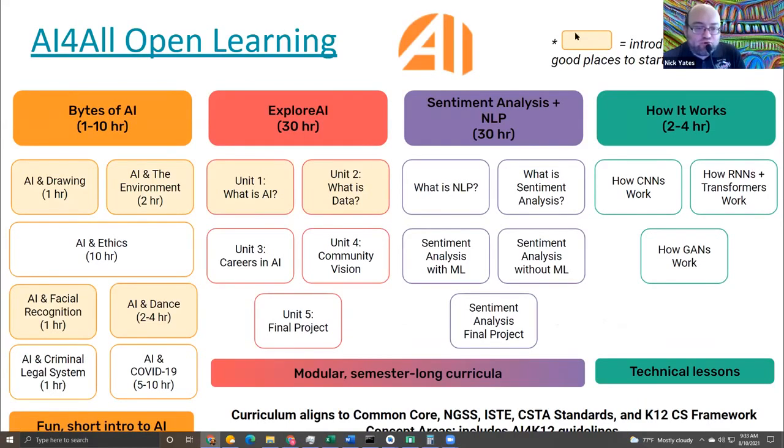If you do choose this one to explore, I would recommend, since Sarah has already done AI and drawing, environment, and facial recognition, and is going to do dance on Friday, that you might want to look at either the AI and ethics, that 10-hour chunk, or maybe the Explore AI 30-hour curriculum, and sign in, right? Create an account for AI for All and sign in and start exploring what those lessons actually look like. Something that she's not